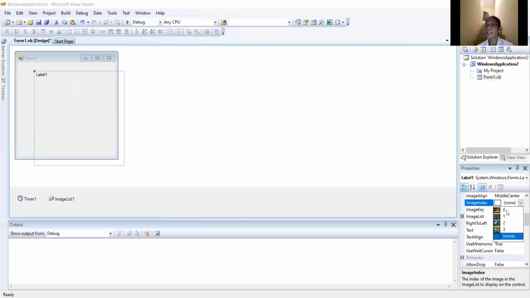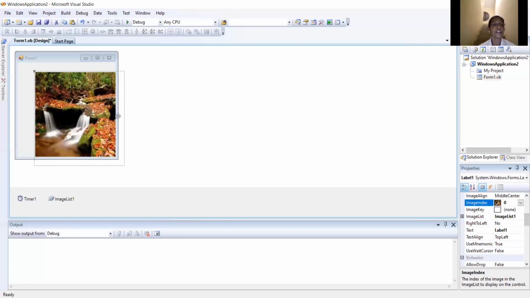So 0 represents the image located at the 0th index. Select it, and the corresponding picture will be displayed in the label box. In design view, only one picture is pasted in the label box, but 4 images should be displayed in the label box. This is the aim of our program.